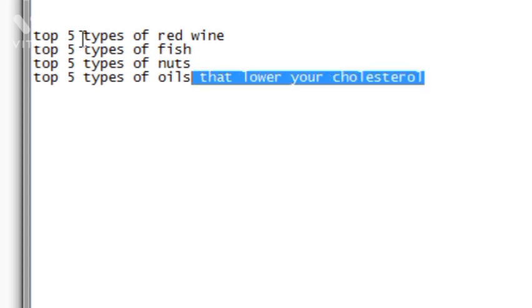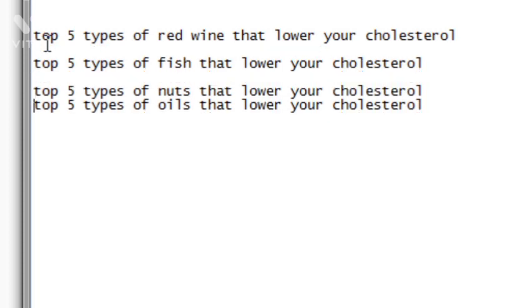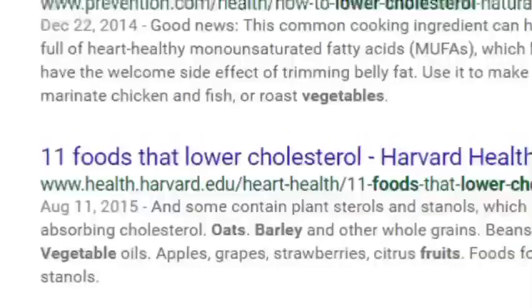Now, indirectly, what you're doing here is, even though it is very, very specific, you're actually helping Google figure out what your site is all about. So there we go. From this one article, we were able to create 4 different articles. And because it's all very consistent, all we have to do now is we can go back to Google and